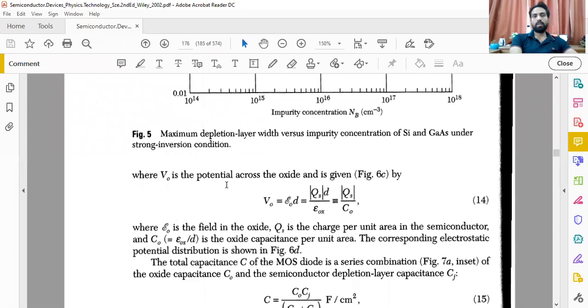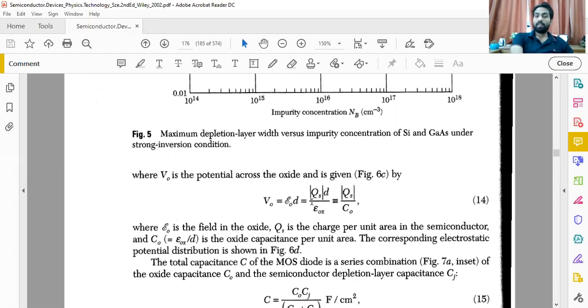If you are looking at a parallel plate capacitor, what kind of equation may you use? This is simply the equation related with Q equals CV. If it is a semiconductor charge distribution, Qs, and this is the C naught. You know this equation, Q equals CV: if a certain material has a certain capacitance and is applied with the voltage V, there is a relationship between Q, V, and C. This is exactly the formula.